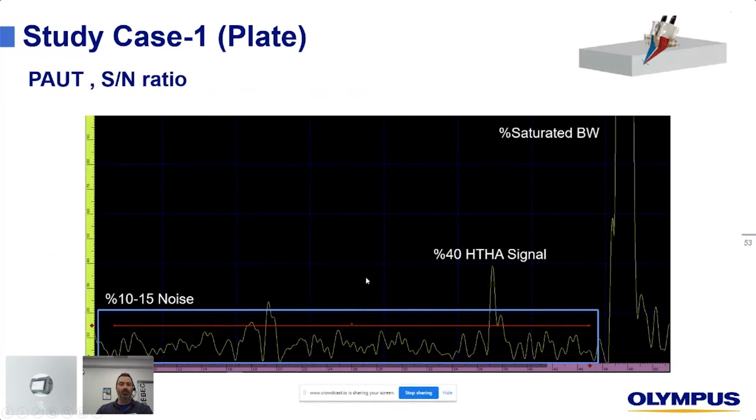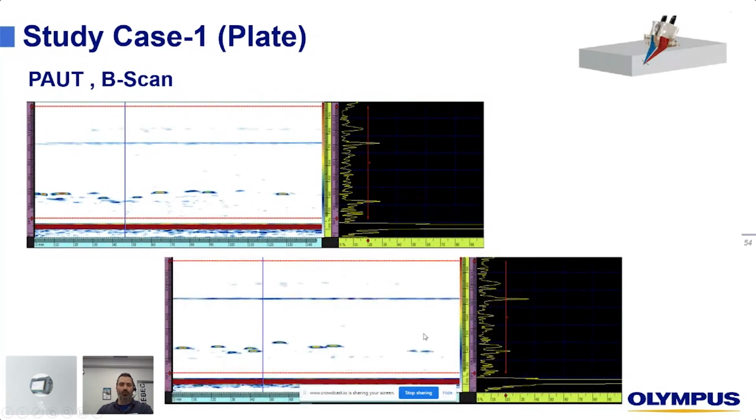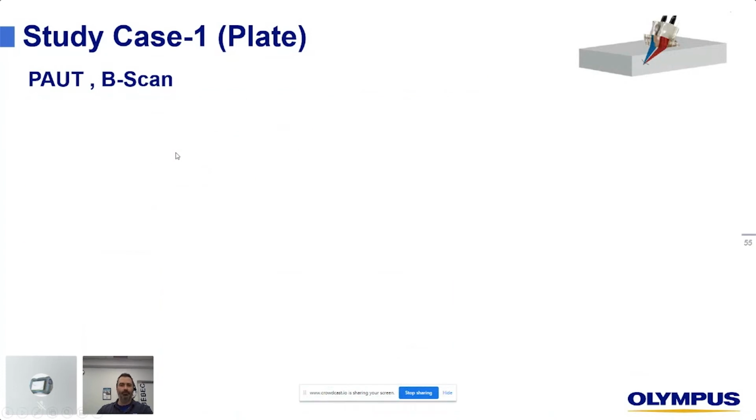What we can do to compensate for that, we can adjust the color palette and remove part of this background noise from the images. Note that it is still on the A-scan, so you don't delete any part of the signal. It's only visual treatment, so that it's more appealing to the eye if there are any indications and where they are located.